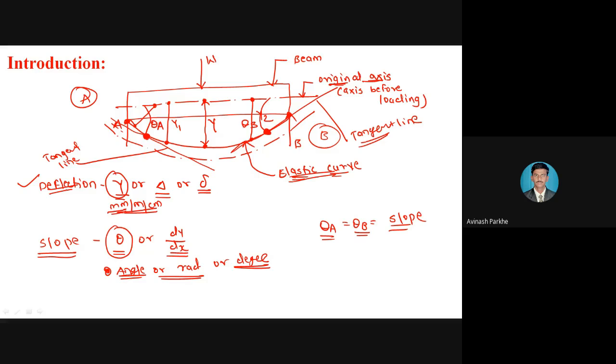Therefore, we have to measure the deflection of beam, and in addition to that, we have to calculate the slope in the form of angle. Therefore, in addition to the shear force, bending moment, bending stress, shear stress calculation, the slope and deflection calculation also plays very important role. So please keep in mind this particular two definitions. That definitions I have mentioned in the notes. Also, I have explained all those particular definitions through this particular figures. Okay, so this is related to the introduction part, that is concept of the slope and deflection and how it is to be represented on this particular type of beam.